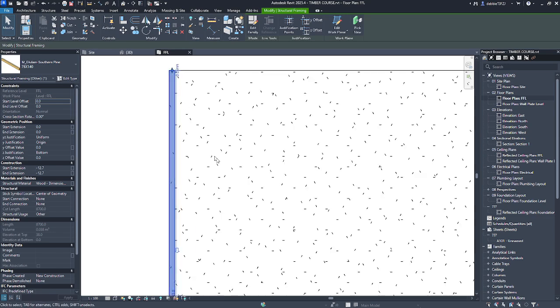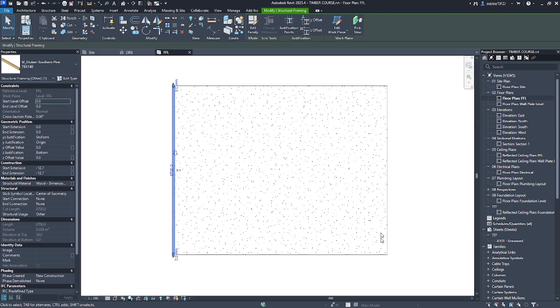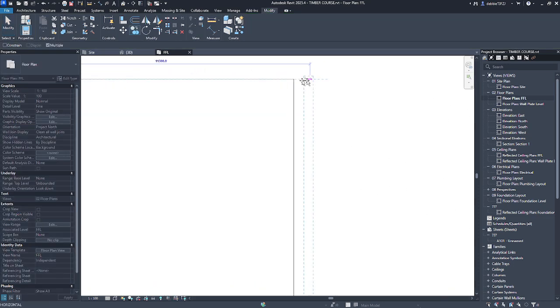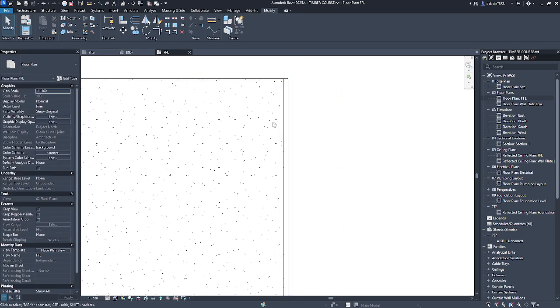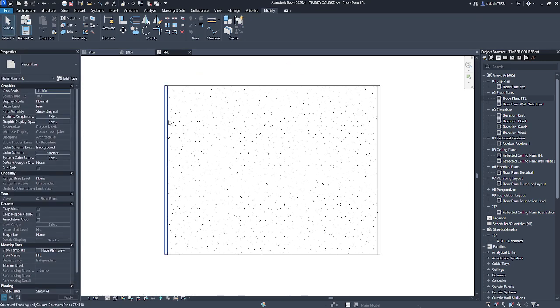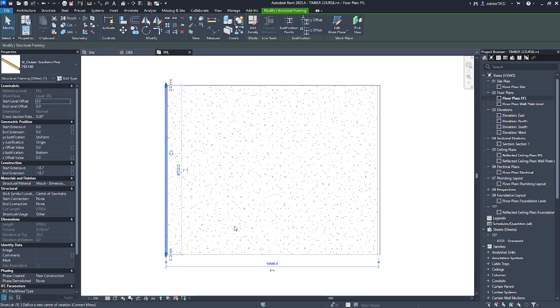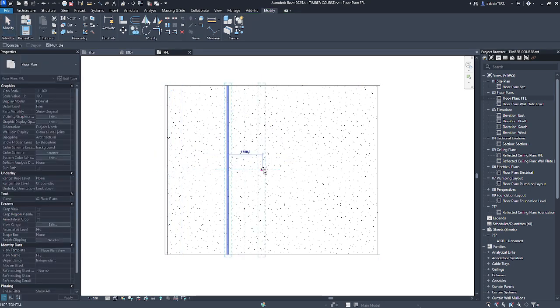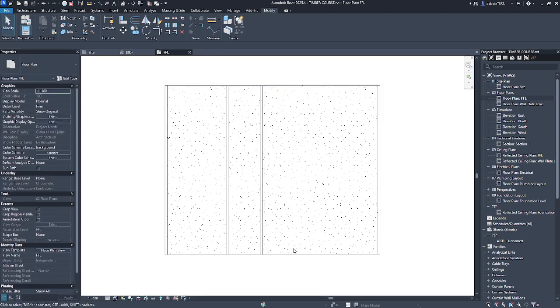Once we have that in, it's easier to just go CO for copy on your keyboard, put it on that side. There's RO for rotate, but let's copy it first. Let's take two because we need one for there and one for there.